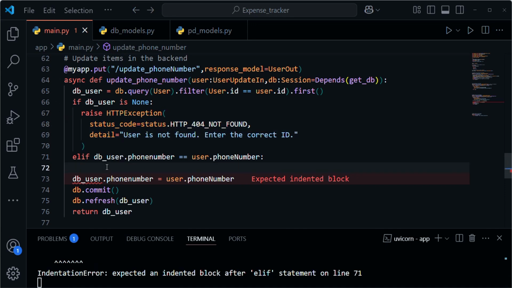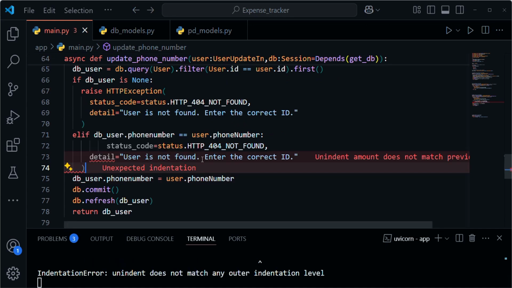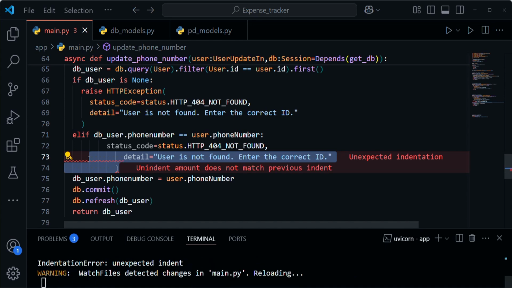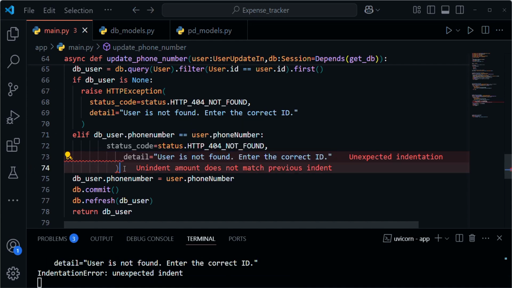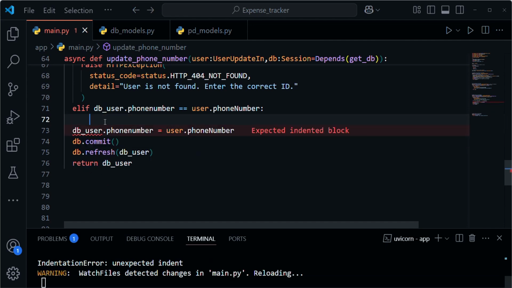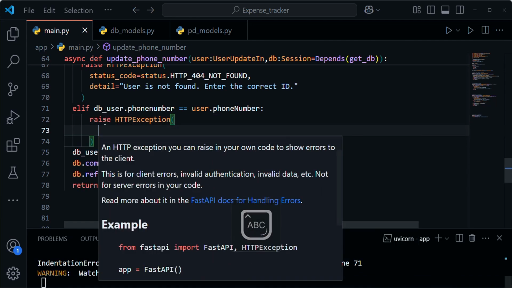Copy. Let me paste this one here. I'm just copying and pasting this. So what we are going to say is that, indentation, right? This Python stuff, Python follows strict indentation. So something is happening. Status code. Where is my raise HTTP exception? Oh, it didn't come. The thing is having an issue. I'm having an issue here. So let me just say raise HTTPException, and then the exception that we are going to raise will be